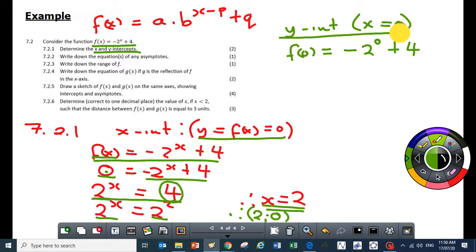Now, in order to determine the y-intercept, okay? All right. In order to determine the y-intercept, you must substitute x equal to 0 into this equation. All right. So where there is x here, you put 0, and where there is x there, you put 0 there. So you end up getting that equation. Now we need to solve for y. So this becomes f(0) is equal